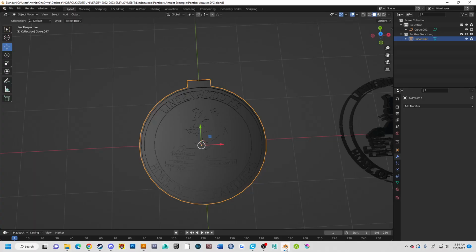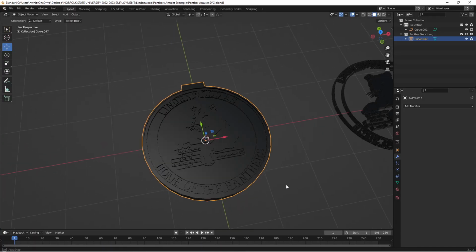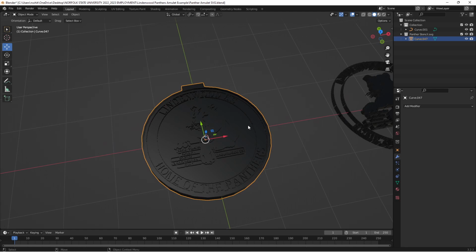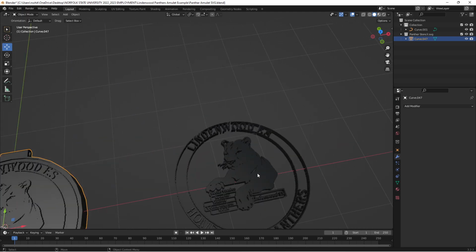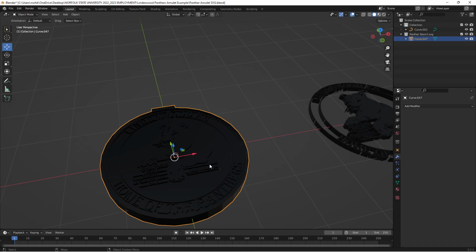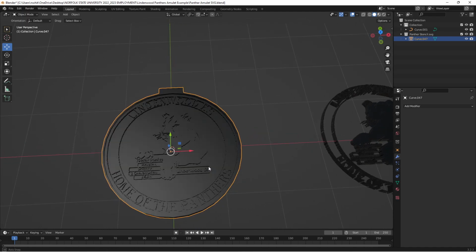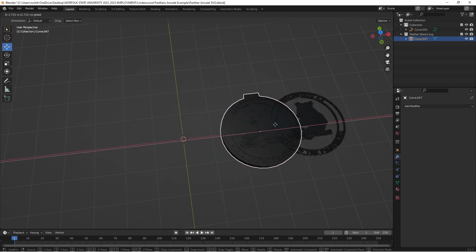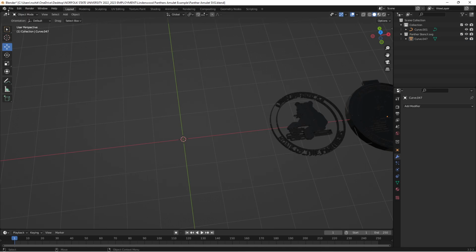And I've already done this work ahead of time of a SVG extruded, turned into a mesh, and added onto a cylinder. So this is pretty much the completed version, and I already have a printout that's in the process of printing. But we're going to go ahead, and this is the SVG here, but we're going to do